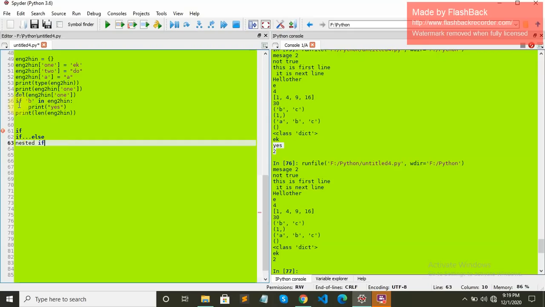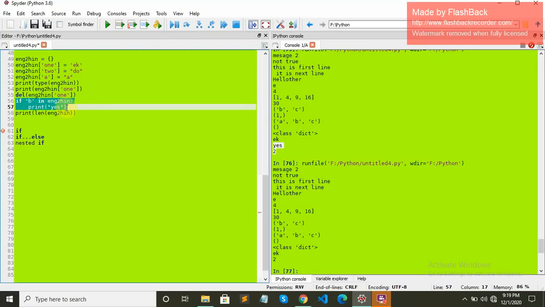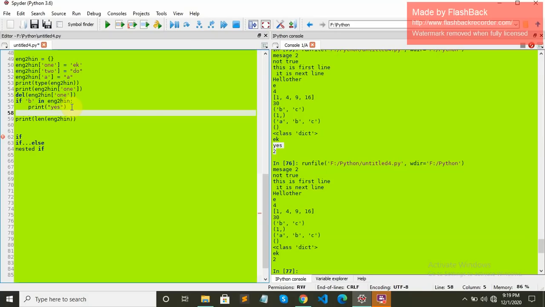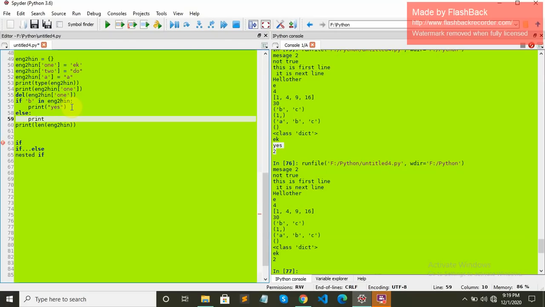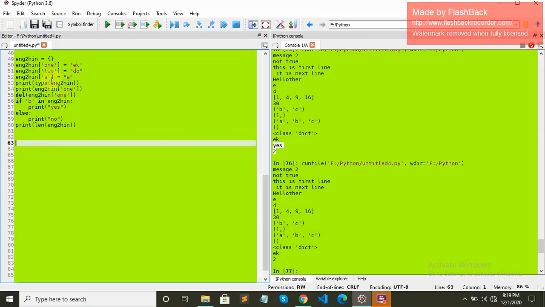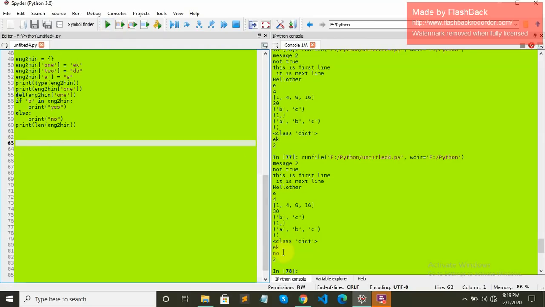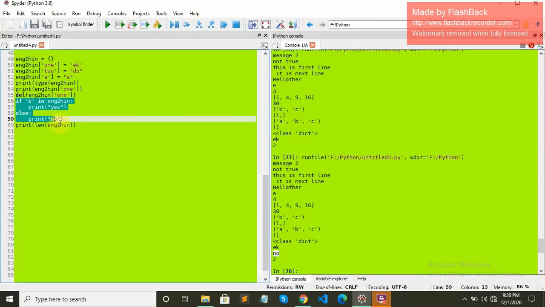So I have already explained the if condition. You can see if v is in this, then it will print yes, or otherwise it won't print yes. Now let's have a look at the else condition, and you can see it was not printing yes, and then it was not printing anything. But if yes is not the case, then what should be the case? We can specify here. We can print no. Let me clean this and see the output. You can see no is getting printed on the screen. It is the example of if and else.